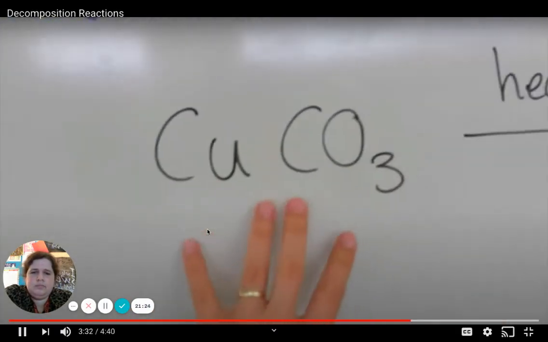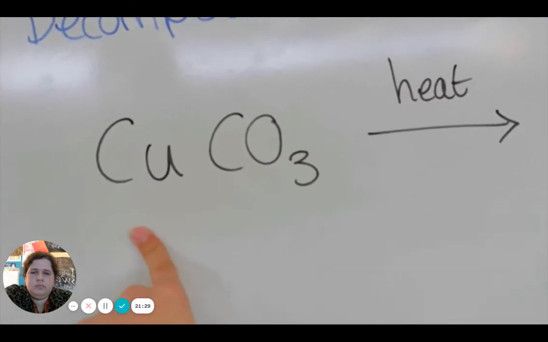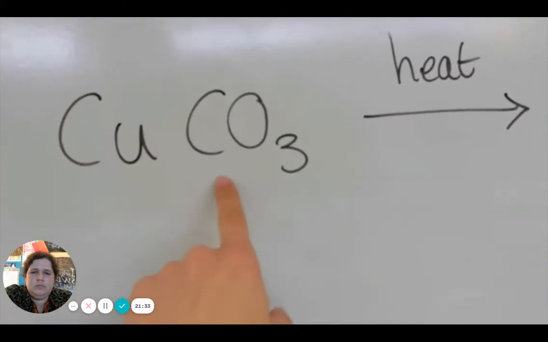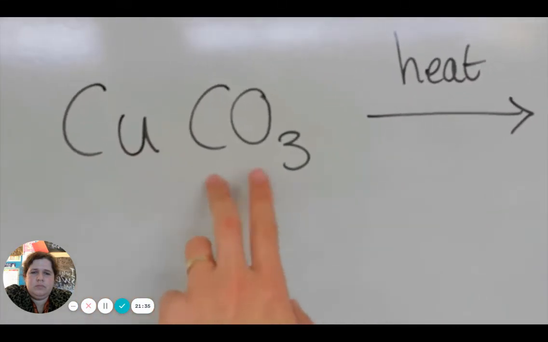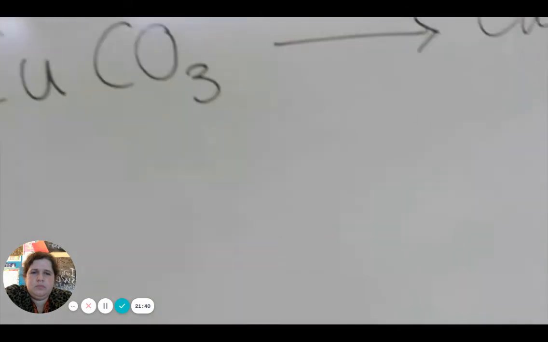So to try and predict what you might create out of it, just think about what parts you have. Do you recognize any of the pieces? So maybe I could get some copper metal at the end. Well, yeah, maybe. Maybe we can get some carbon something. Well, I can make carbon dioxide from this. Or I can get some oxygen gas out of this, which is why we're trying to tell the difference using